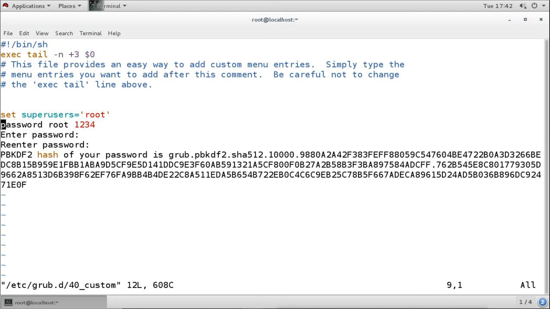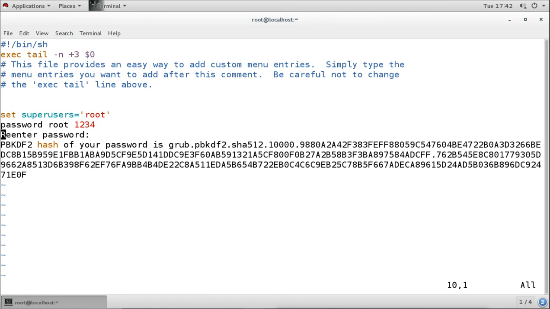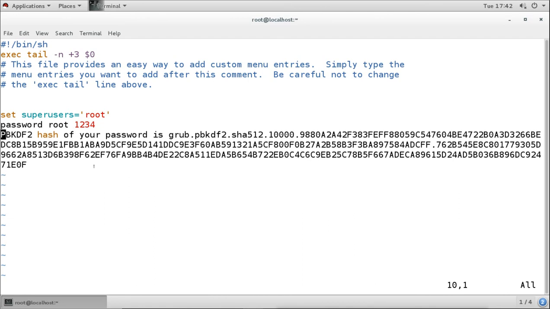Now I'm in VIM, so I can use VIM to adjust this. I will remove this line. I don't want this line, and also I don't want these things.